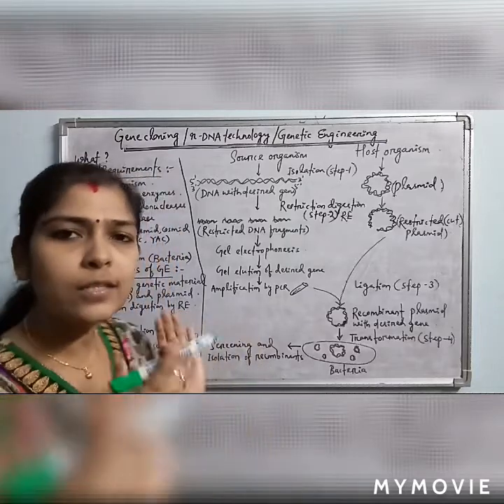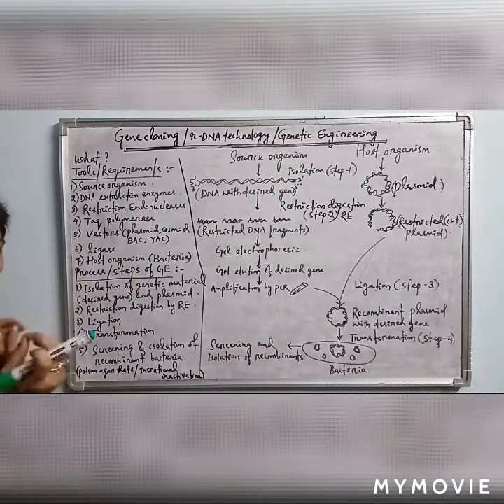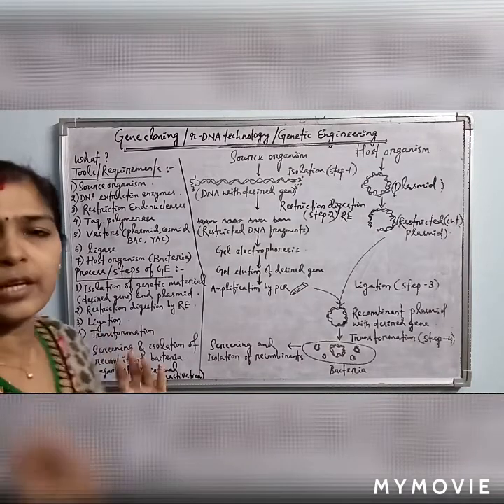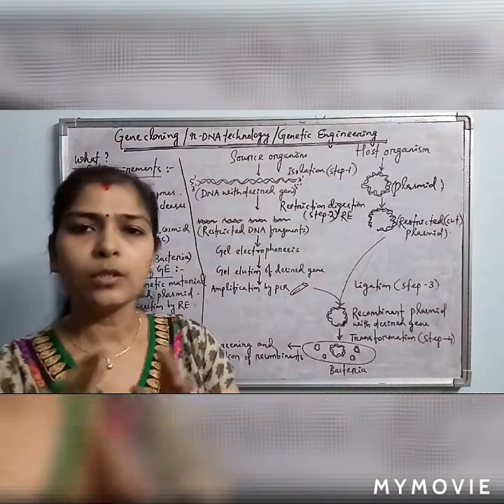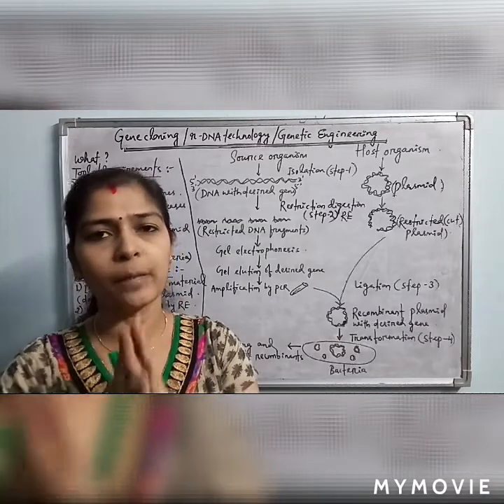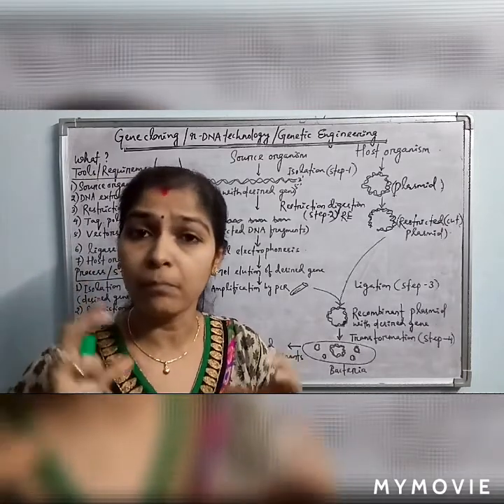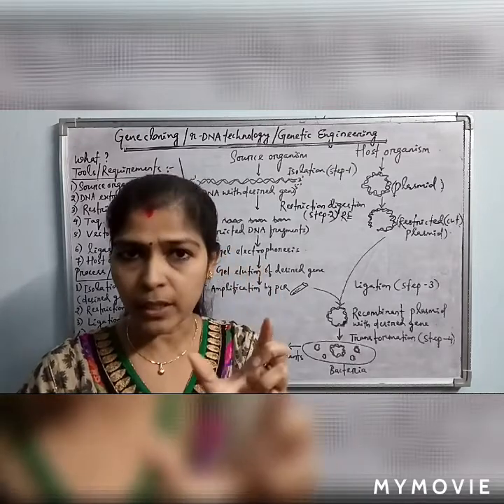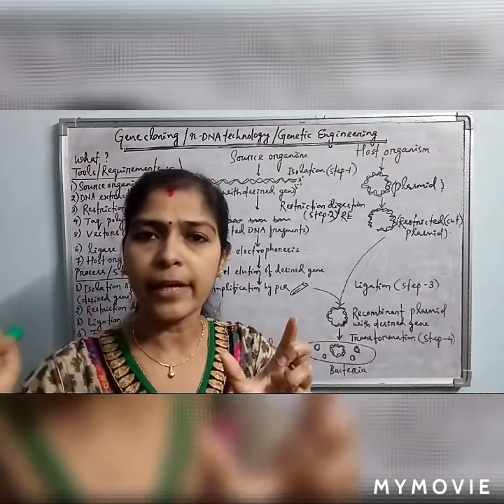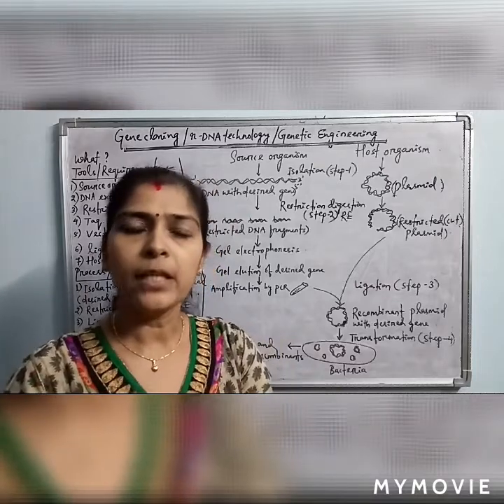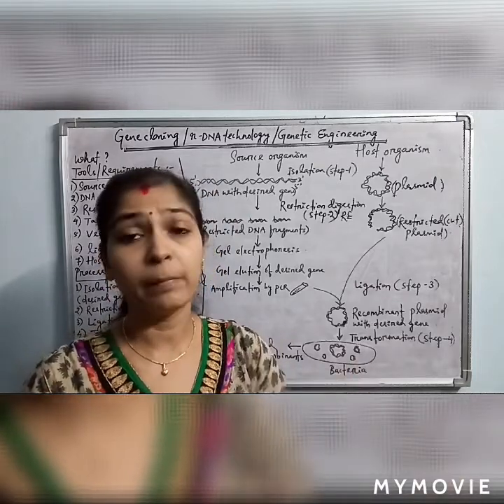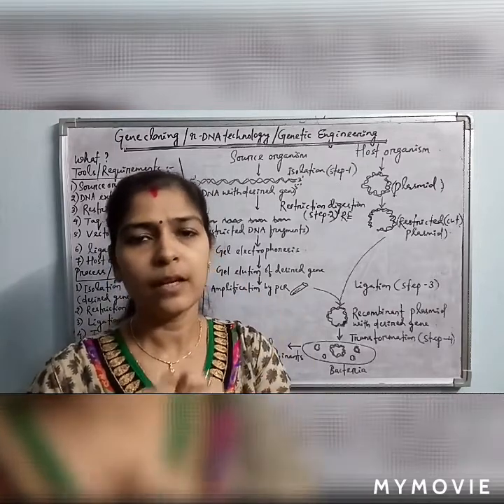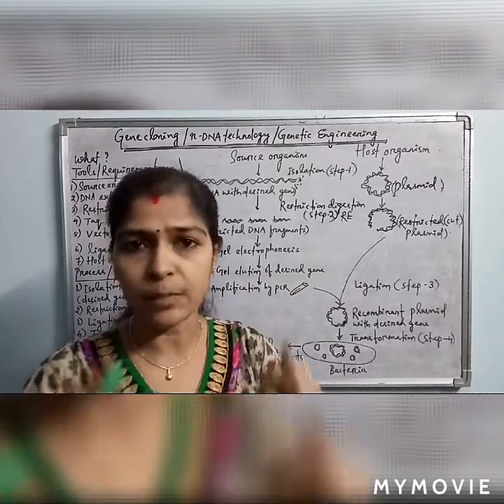This is done by two very easy methods. First is the poison agar plate, and second is insertional inactivation. I have also told you that plasmids have antibiotic resistant markers, meaning the bacteria having that plasmid will be resistant to a particular antibiotic. This antibiotic may be ampicillin, tetracycline, chloramphenicol, or kanamycin. Different types of antibiotic resistant genes are present in the plasmid itself.